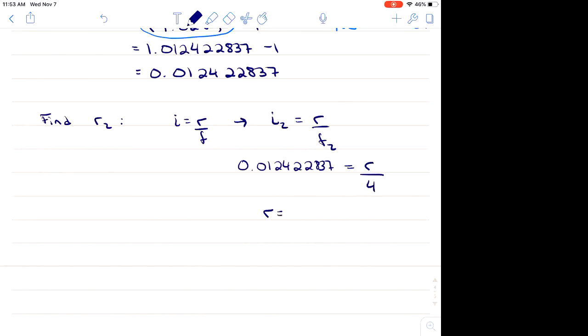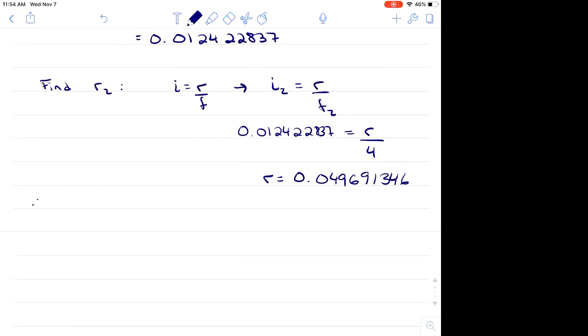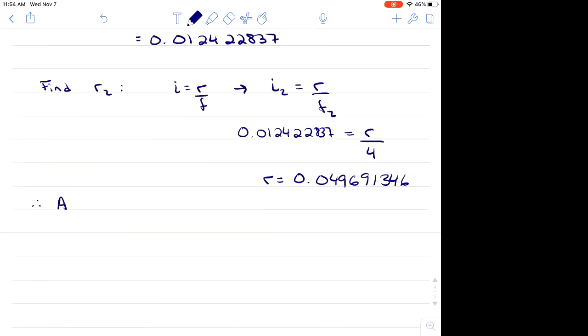So then R must be times 4. 0.049691346. Therefore, a rate of 4.9, let's say 7% compounded quarterly